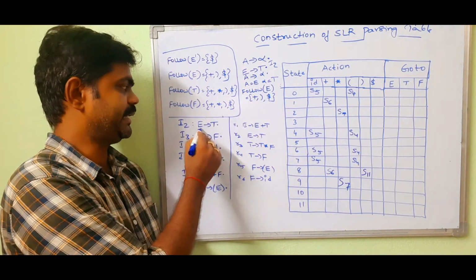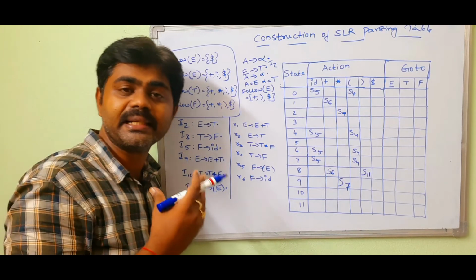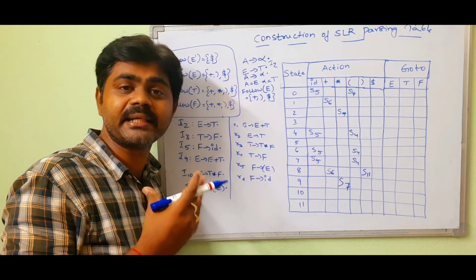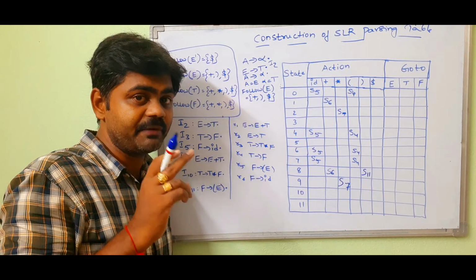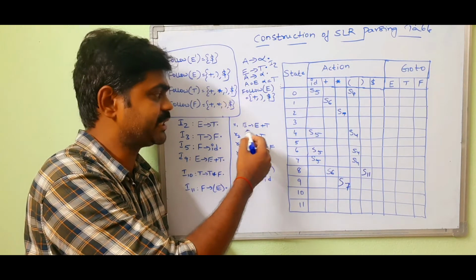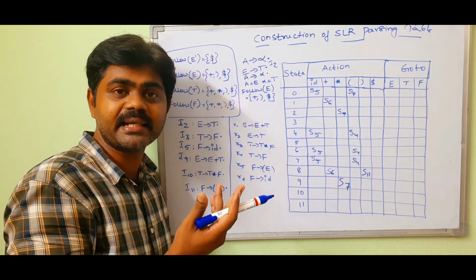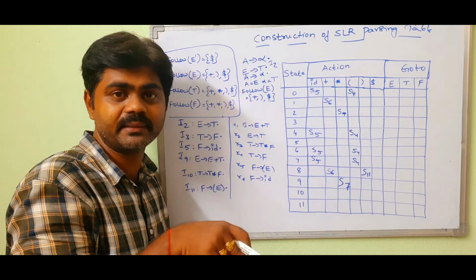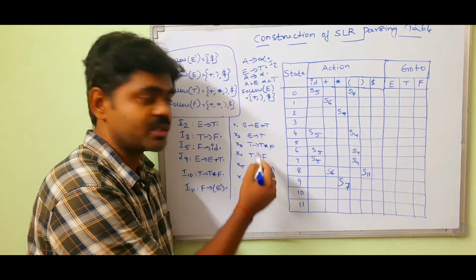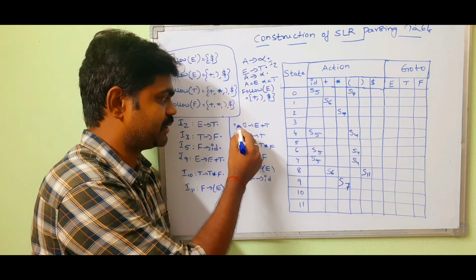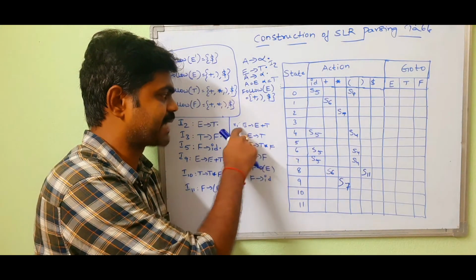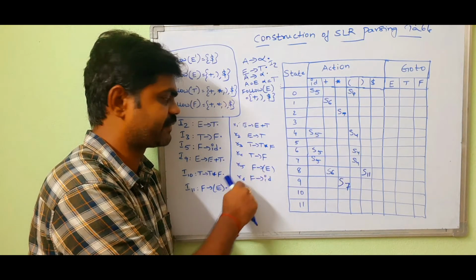If you see the rule here, E tends to T. In the problem, the given grammar, write it like this aside. Before constructing the augmented grammar, we have the initial grammar given in your question, that is E tends to E plus T, T tends to T and so on. After that we constructed E dash tends to E and applied the dot. So we need to take the first grammar which is given to us. Write it like this: this is R1, R2, R3, R4, R5, R6. The first grammar is R1, second one is R2, third one is R3, R4, R5, R6.